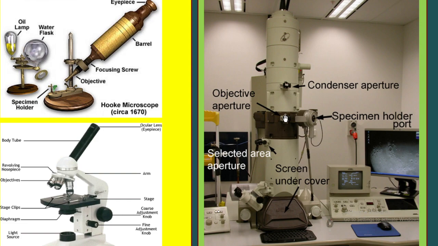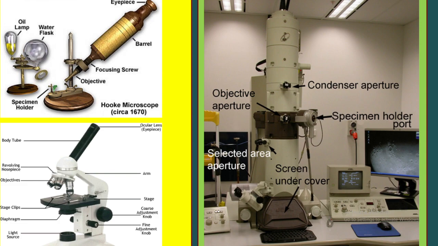So in that sample, wherever there is some structure, the electrons will fly off to this side, that side, because they hit it. And wherever the sample is very transparent, it will pass through it. In that way you will be able to get a negative image down here on the screen. You can see that on a computer screen also. So overall the electron microscope looks something like this.